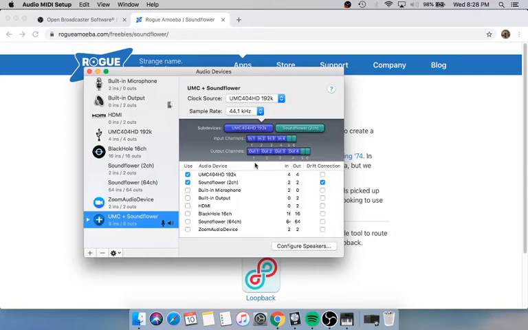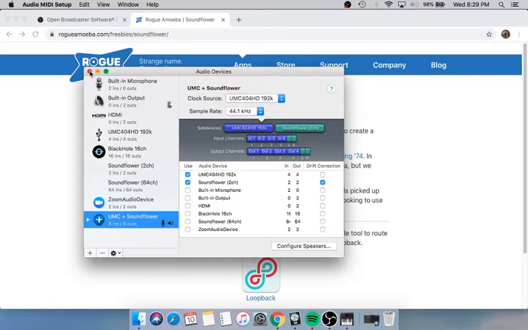The one in blue is my audio interface, and the Soundflower virtual audio that we've downloaded is 5, 6, the input and the output as well. We're not going to really use the input, but we're going to use this output for our OBS. So we're going to send the signal to our 5 and 6, which is going to be allotted for OBS. And now the clock source, this is very important. You have to make sure whatever audio interface you're using is selected as your clock source.